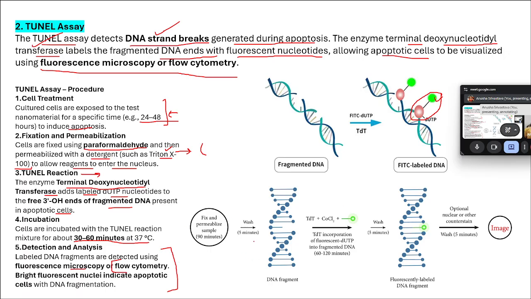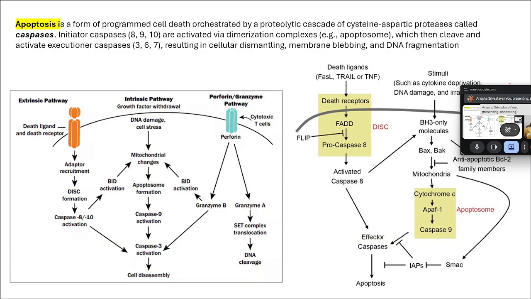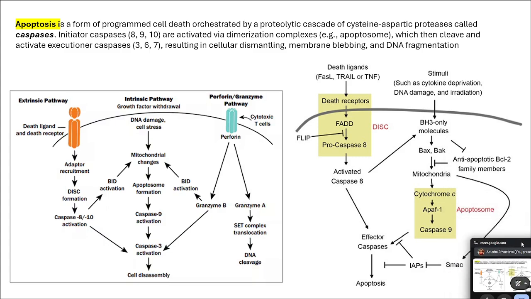The schematic is being shown here: wash, and then fluorescently labeled DNA fragment. Suppose the DNA break has happened here, it will come and bind here, and you can simply see the image. Now, before going to the next method, which is based on some of the apoptotic markers, or what is in the cascade of reactions that follows once apoptosis sets in, how do we detect that? Apoptosis is a form of programmed cell death